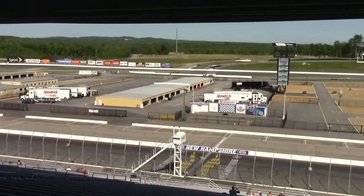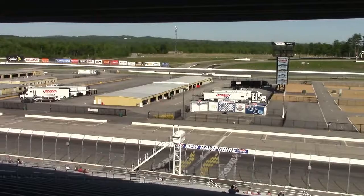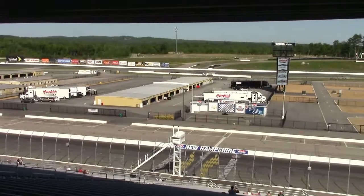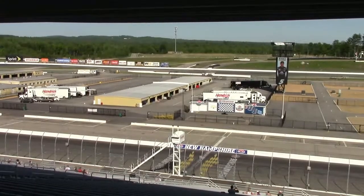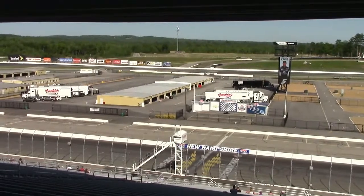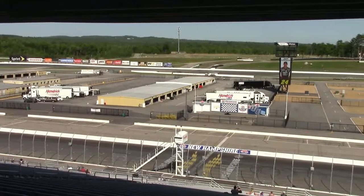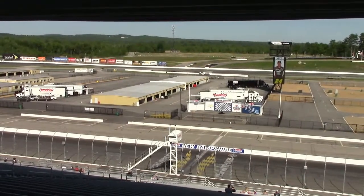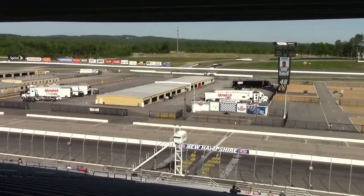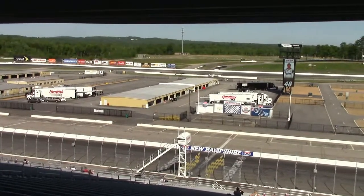Michael Waltrip Racing and another team will be here the first week in July to test, and I think they are going to have the biggest advantage over the field, because you come here in June and, you know what, it's hot, and right now I'm actually cold because of the wind, but it's hot. But July, it'll only be a couple weeks